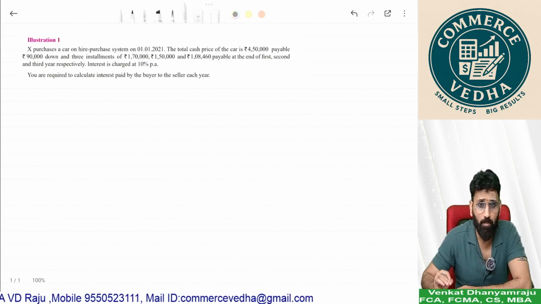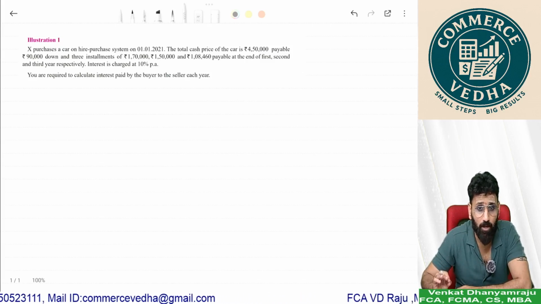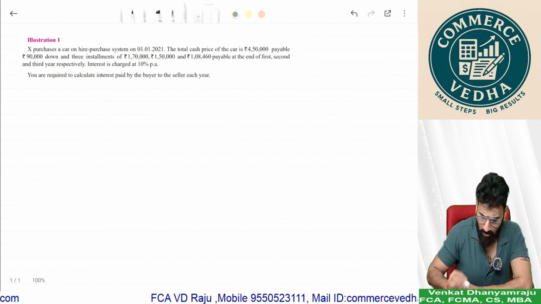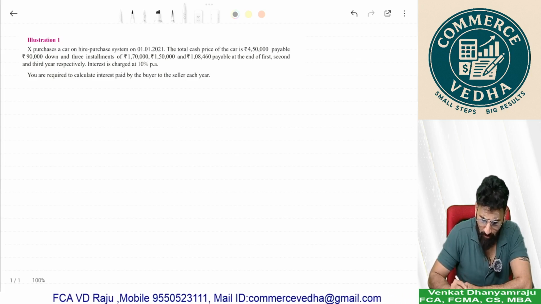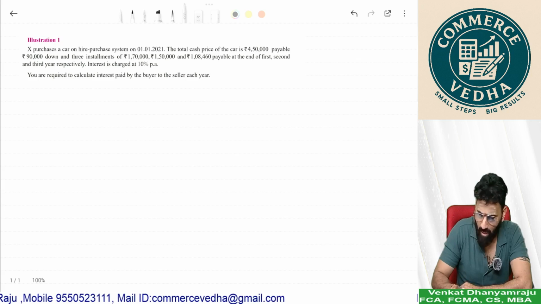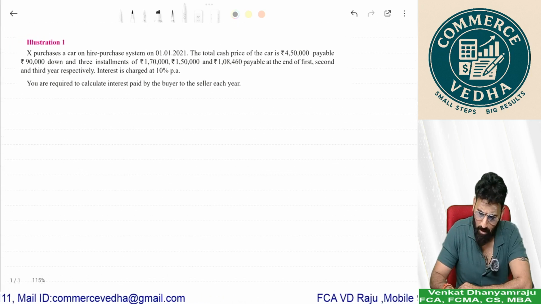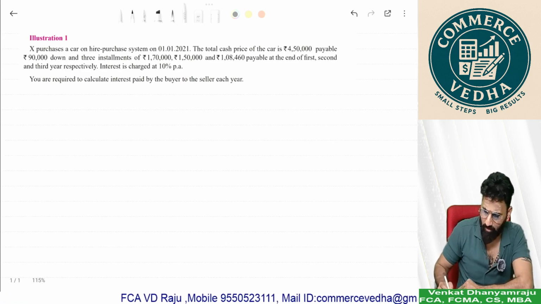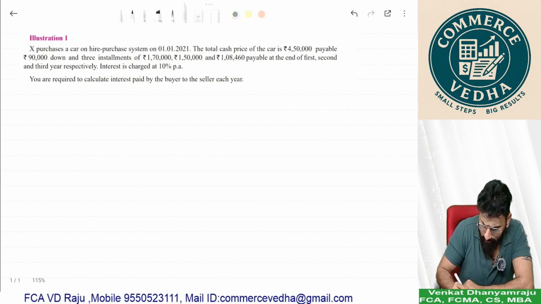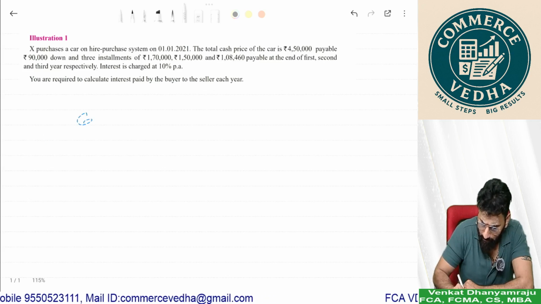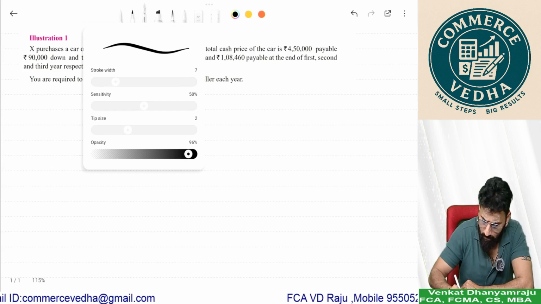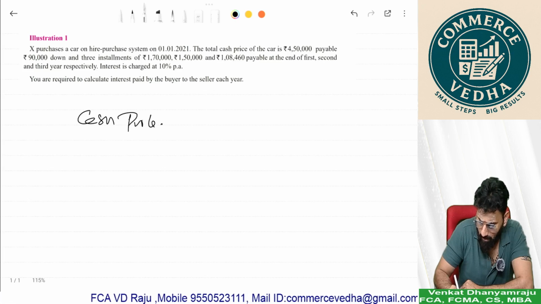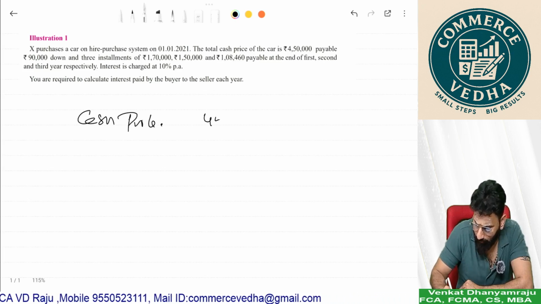Here I am completing the sum from ICWA or ICMAI material. Sum number 1, here it is given. Illustration 1. X purchases a car on hire purchase on 1/1/21. So here what the question has given is the cash price. Cash price is given as 4,50,000